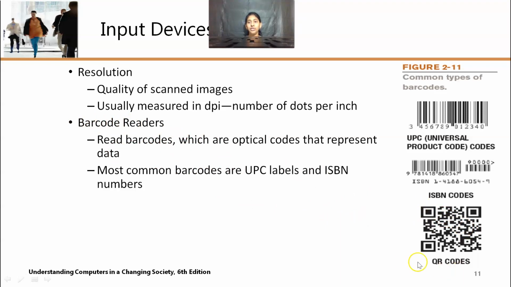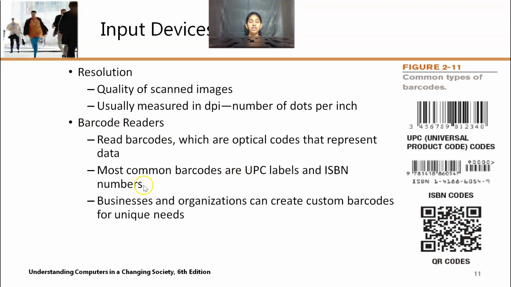They are QR codes. Some businesses and organizations create custom barcodes for their products and their needs. For example, FedEx, UPS and USPS create their own custom barcodes for their packages, and they track their packages using those barcodes.